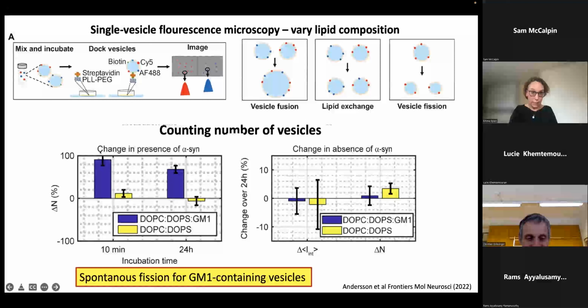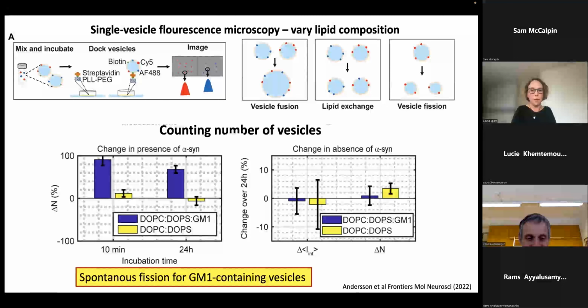Here is data, and you can look at the left figure. So here we have compared two different systems. And this delta N is the change in the number of vesicles at two different time points compared to the case where there is no protein present. If we have the standard vesicle, so to say, that I talked about before, we see hardly any effect on the number of vesicles,